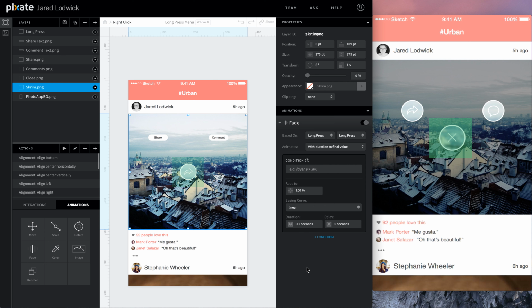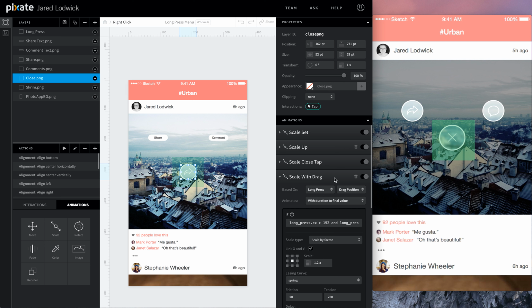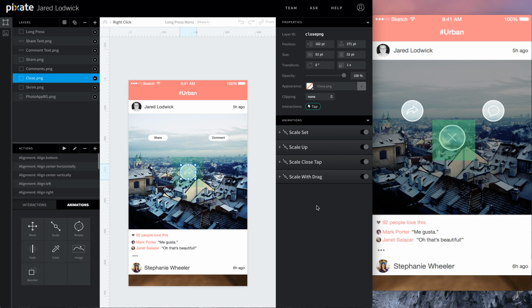Awesome. So now let's make these close when we let go over this close button. This is the only button we're going to make work. We're not going to make the comment or the share buttons work, but we're going to have these close when I release this over the close button. Now what we're going to do is basically do the same thing. We'll say if we release this within a certain area, everything will close. So the first one we'll do is the close one.